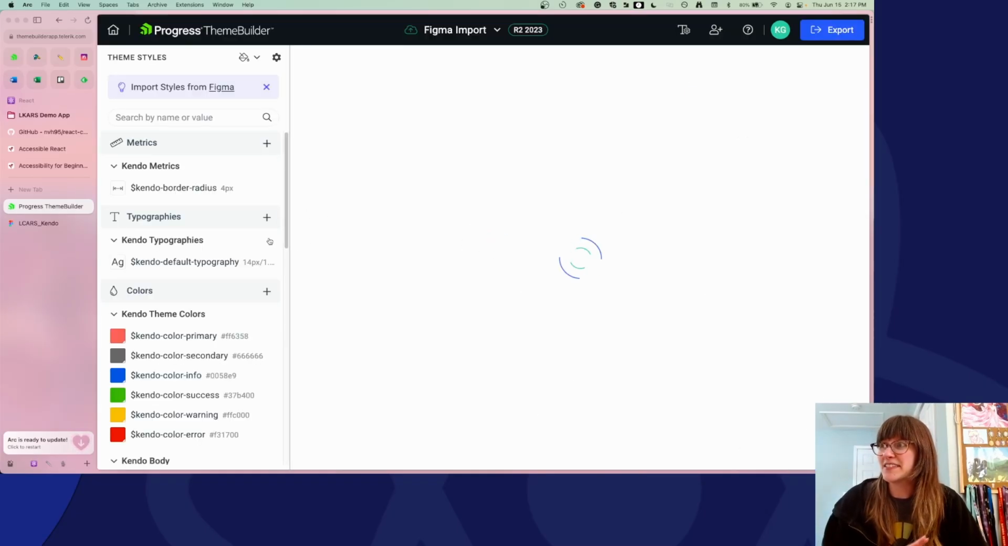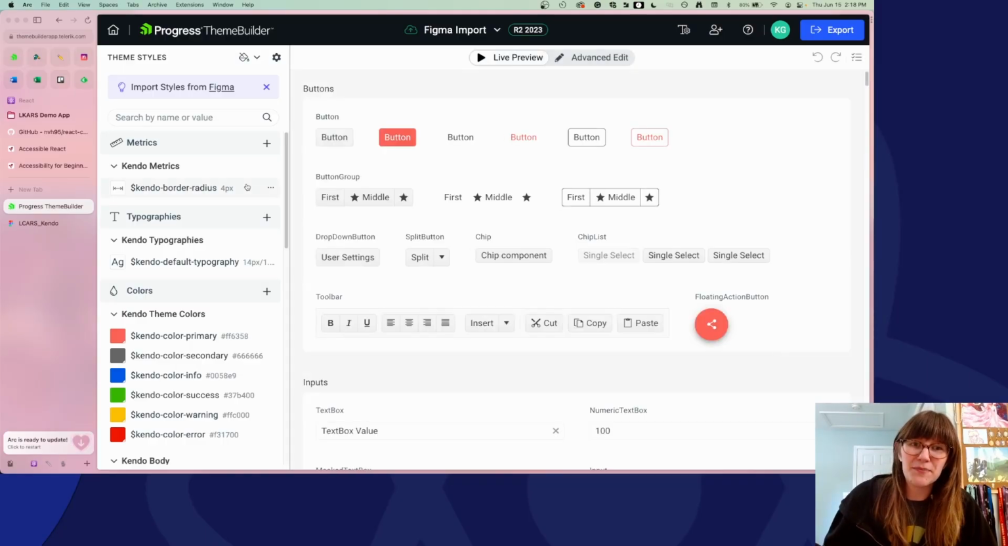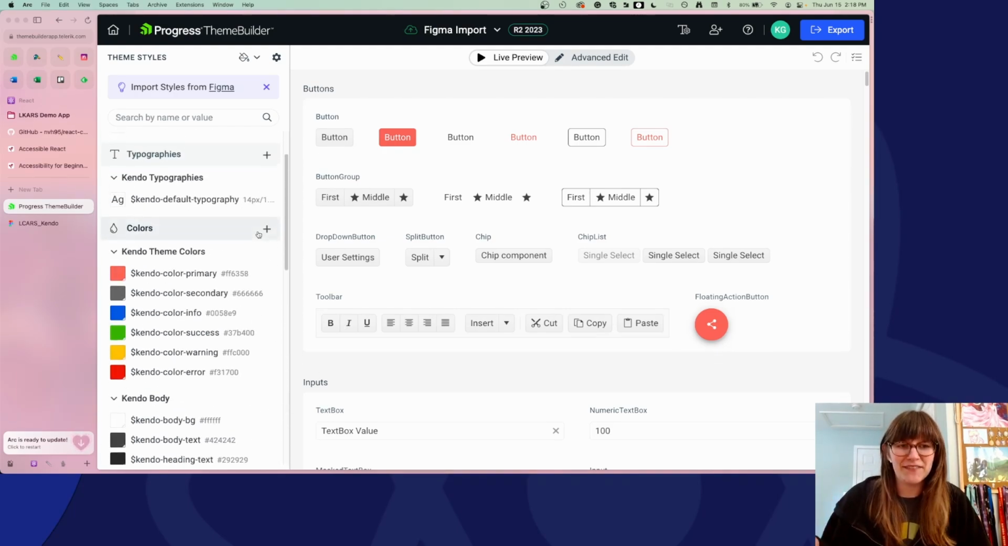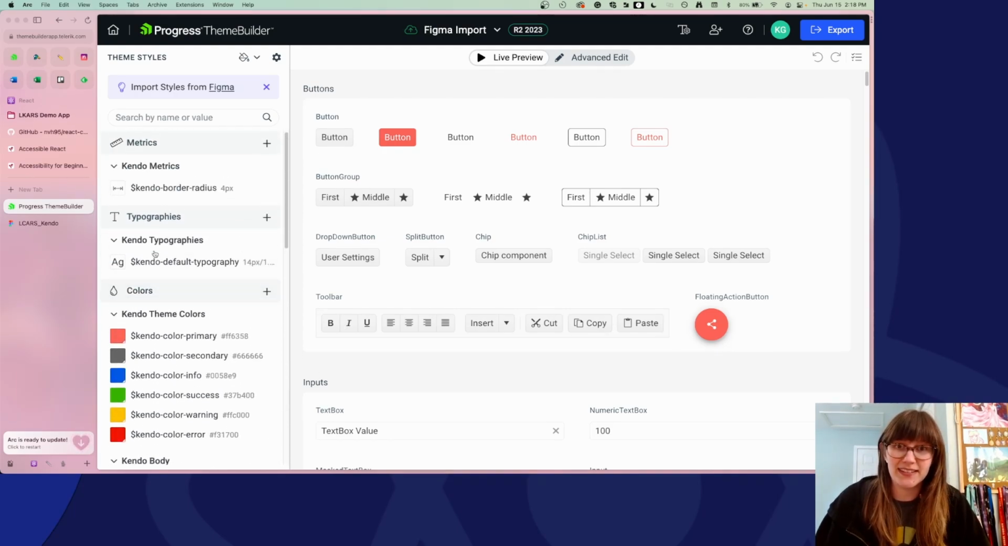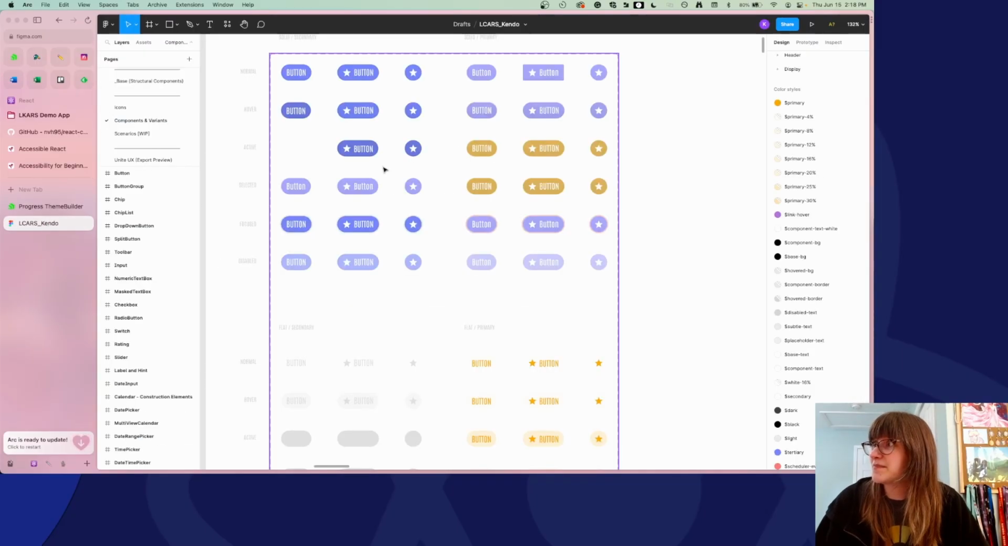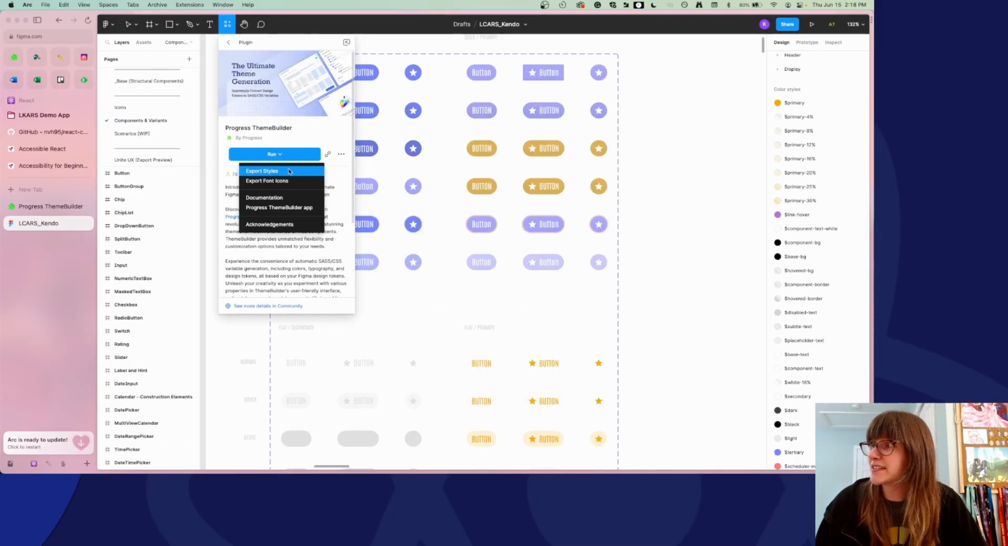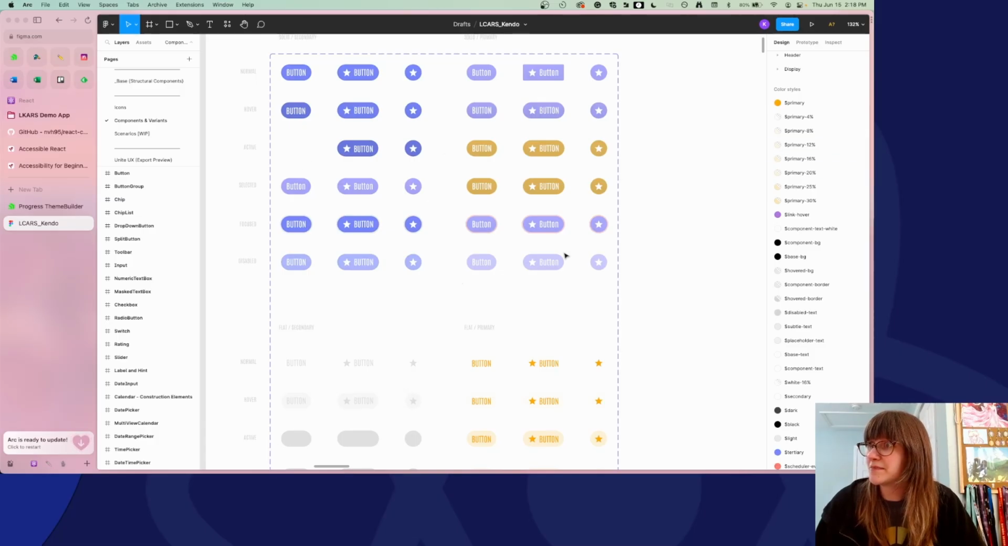So right now this is completely unstyled. It's going to show you the basic Kendo UI default styles, right? And we can see over in our sidebar here, we just have the default Kendo design tokens available. However, if I come over here and I run this plugin,